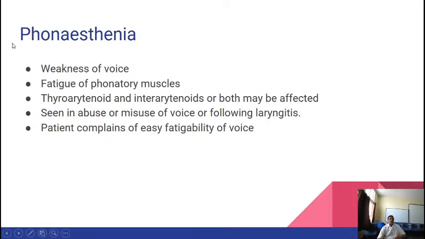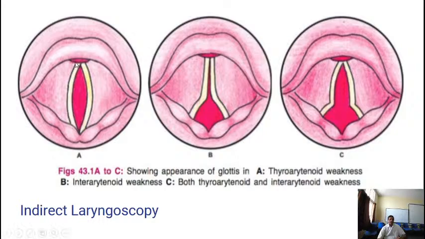Now, phonasthenia, this is a weakness. Phonatory muscles are being used, just like in myasthenia. In phonasthenia, you're talking, and then slowly, as you are talking, the patient becomes fatigued and the voice comes down. So that is one condition wherein you will see the muscle which is extending from the arytenoid to the thyroid, the thyroarytenoid muscle, is becoming weak, and so there is a space there, and this space where you have the